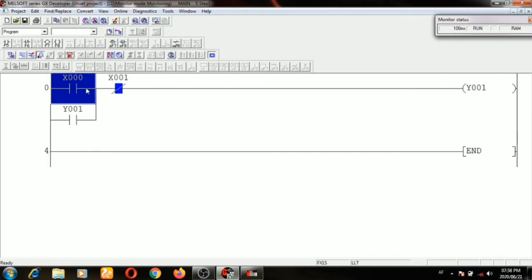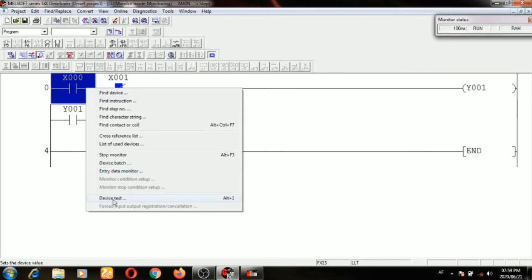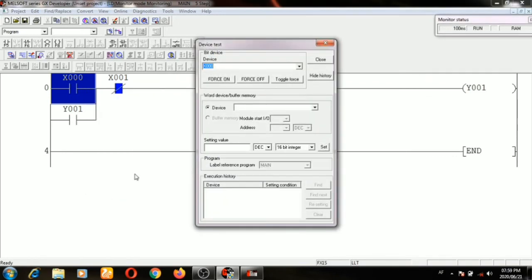Select the switch, right click, and here is Test Device. Click on Test Device. Now force on. This is our push button. Force on, the push button will be NC, and this will open and start Y1, and force off.